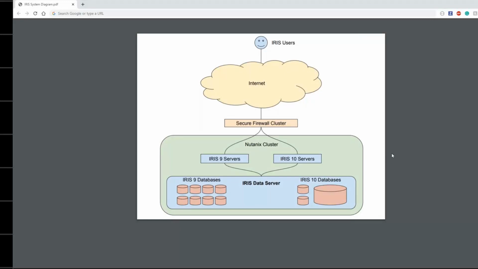This very simple little diagram here basically gives you an idea of what we're talking about, in that the Nutanix cluster is essentially a combination of server hardware that is running virtualized servers for all of our applications. So the biggest push last year was to get that new hardware deployed, because we needed to consolidate Iris 9